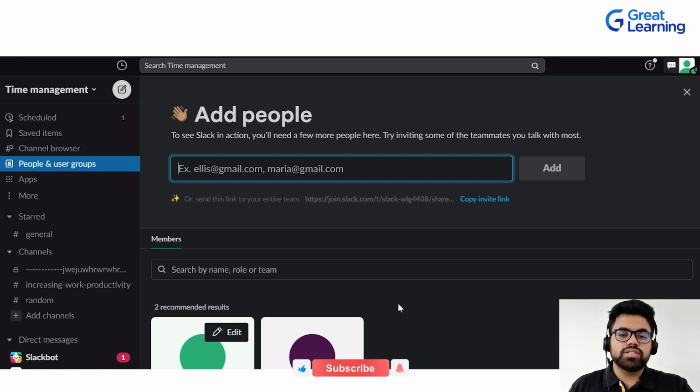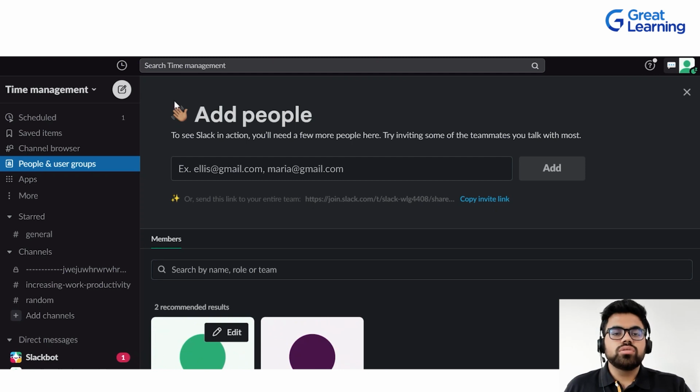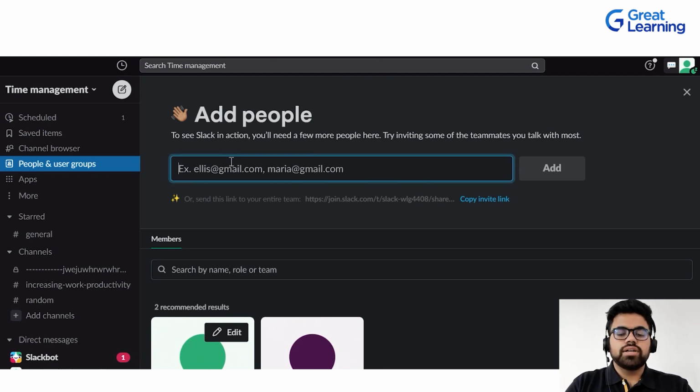For example, I have only one person here, so it shows me 2 people that are already added. If they are on Slack, you can add them, or if they are not, you can send them an invite, or if you are sending it to the entire team, you can just copy the invite link.